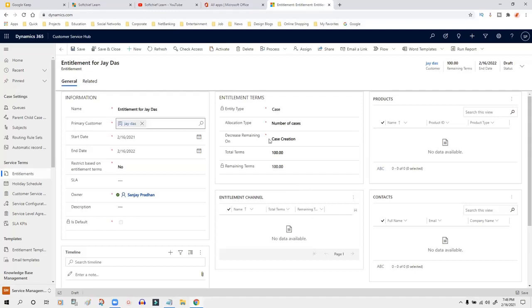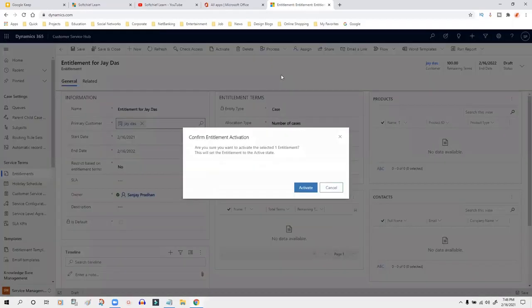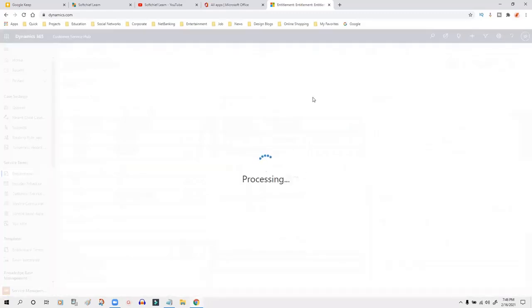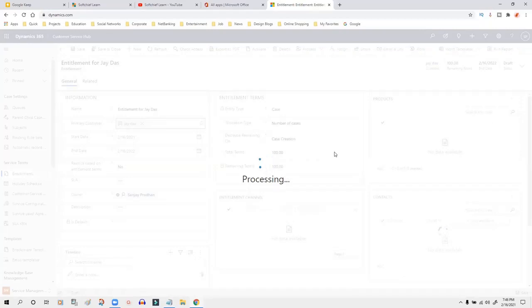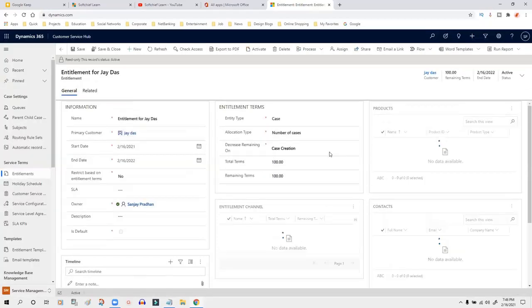Now I can click on activate. Click activate. Now once it is activated, it is ready to be used.